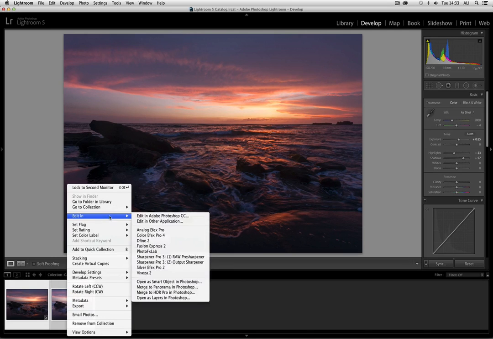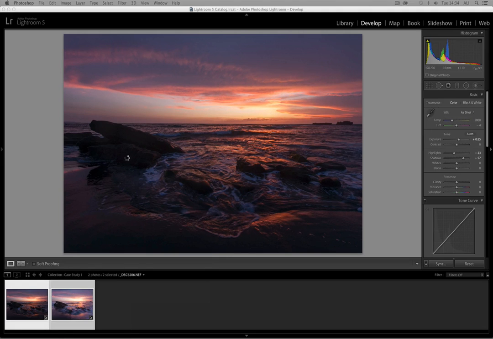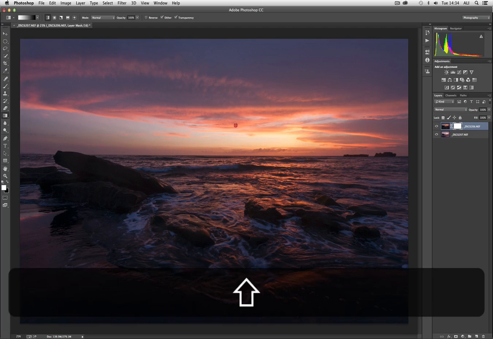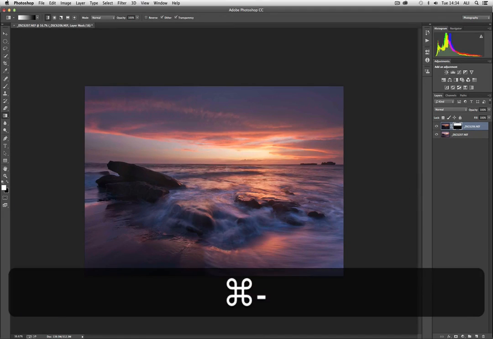From now on in, we're in very familiar ground. We edit and open it as layers in Photoshop, and we're going to repeat exactly the same process as we did the first time. But the difference being that in these two exposures, we've gone to the added step of trying to create two images that look as if they're meant to go with each other. So again, our two layers, we create our simple mask with our gradient tool, we draw our line, hold down the shift key,